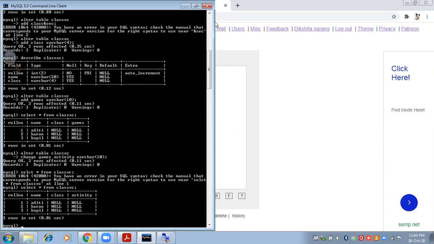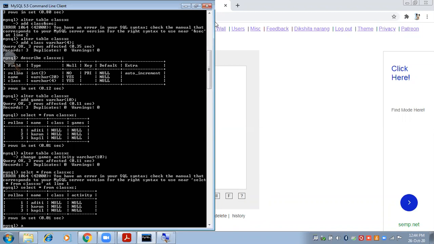Now I wanted to change the data type. Activity name, the column's earlier size was varchar 10, but I wanted to change it to varchar 20 now.